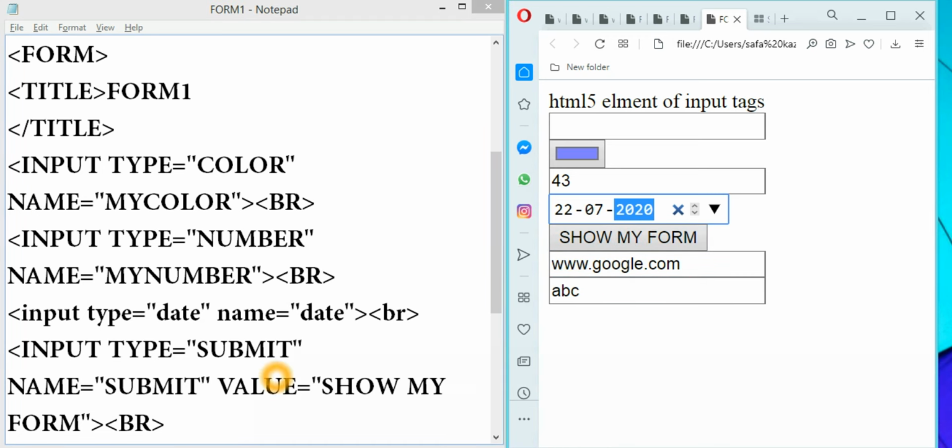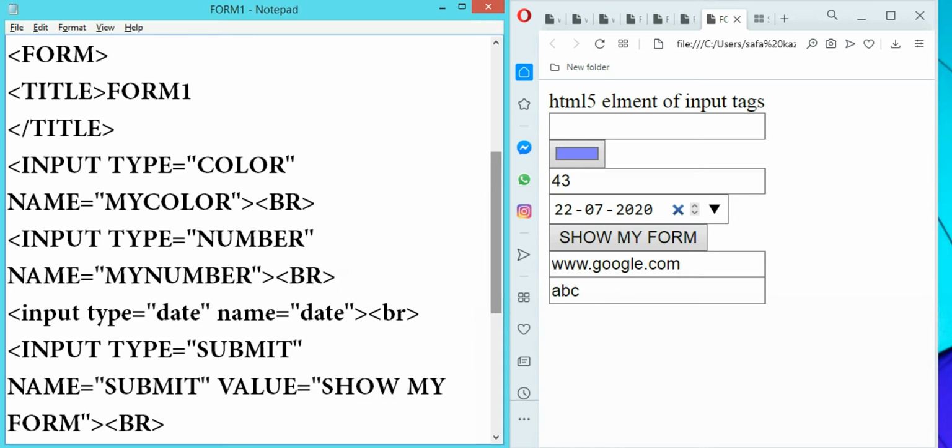Next, you can change the submit button. In case you don't use the submit, you can use the image also. Image and the submit source are the same, at the same location. So the submit button contains the submit value. Image source contains the images which can be selected from the location of the image.